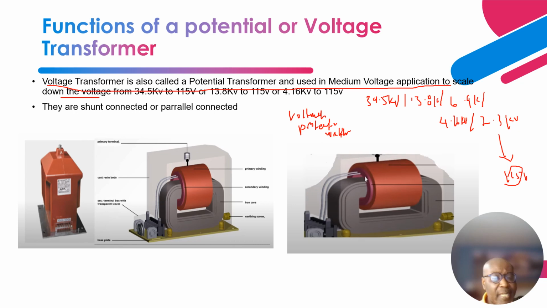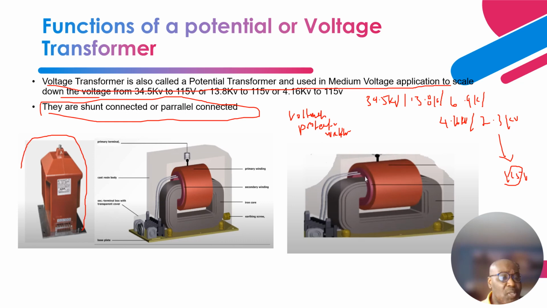Now they are mostly, all the time, connected in a shunt configuration, or power connected. So this is a typical picture of how it looks in a switchgear. Now let's take a deep dive into the components of the potential transformer. This is the primary terminal, where you apply 34.5 kV,